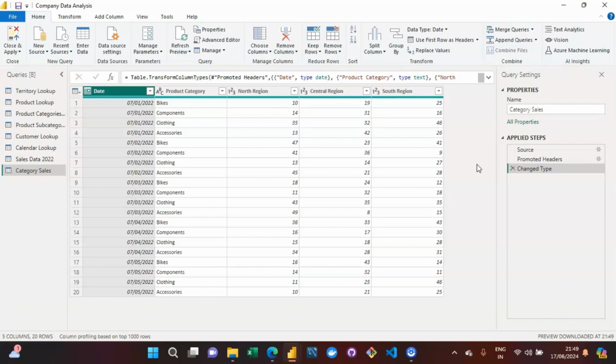So in the CSV file itself, you can see that we are having multiple columns which are representing the quantity of bikes that were sold, or let us go with all of these product categories. So one of the product categories is bikes. So how many bikes were sold in north region, and then in central region, and then in south region, right? So over here itself, you can see that multiple columns are representing north region, central region,